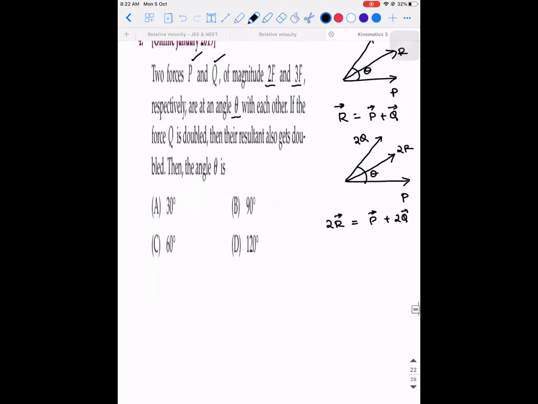How will you do? So observe, R vector is equal to P vector plus Q vector, which implies if I take magnitude on both the sides, it makes sense. See, if A vector is equal to B vector, then the magnitude of A vector is equal to magnitude of B vector. Accepted? So that's what I've done. Now, squaring on both the sides, can I write R square is equal to P square plus Q square plus 2 times PQ cos theta. Am I right?